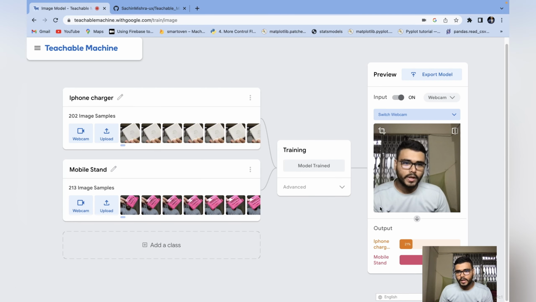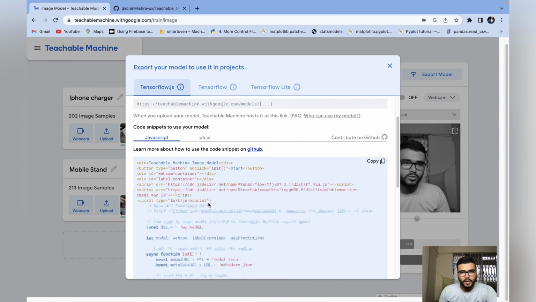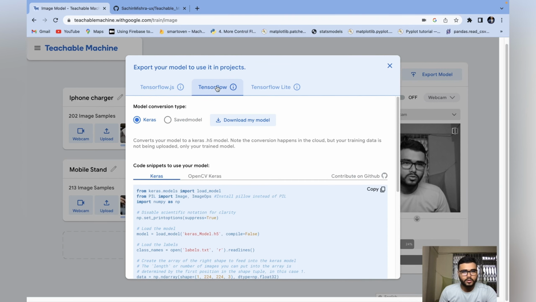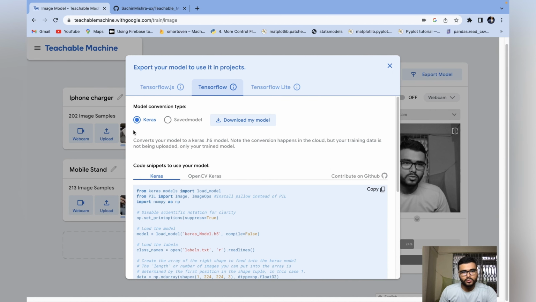Okay, before that, let me switch this off and now click on export model. Now if you are familiar with JavaScript, you can download this particular model, but I'm not from JavaScript, I am from Python. So this is the TensorFlow Lite model. This is for mobile apps. This is very handy for mobile applications, Android or different things, but I'm going to use this TensorFlow Keras model,